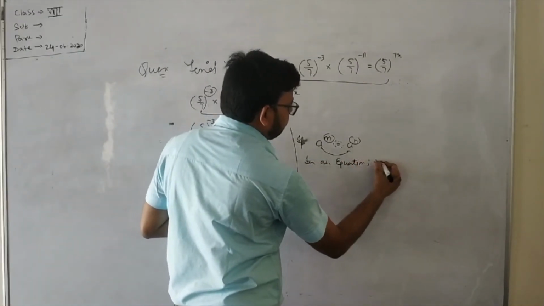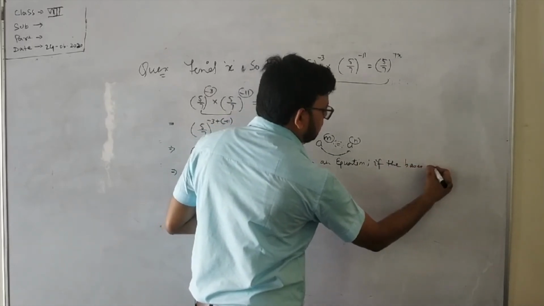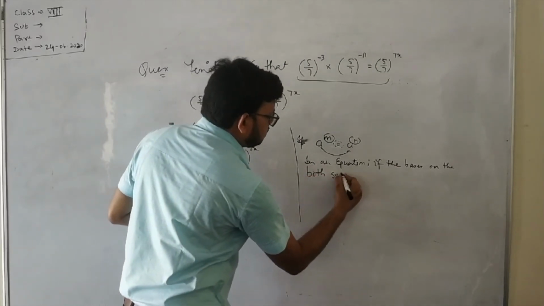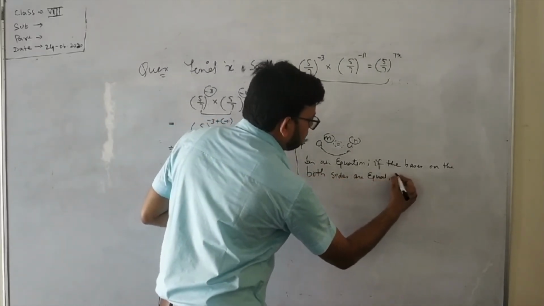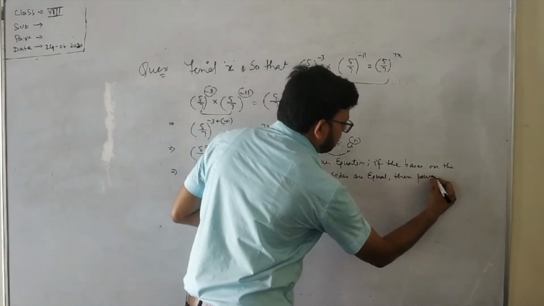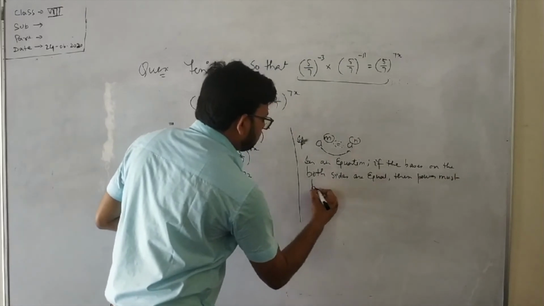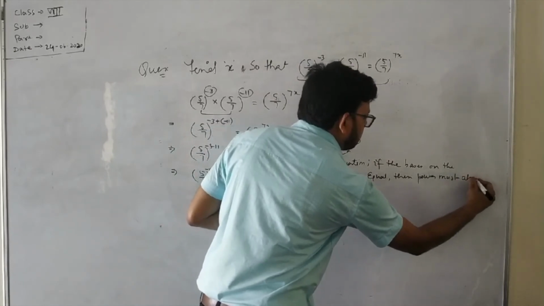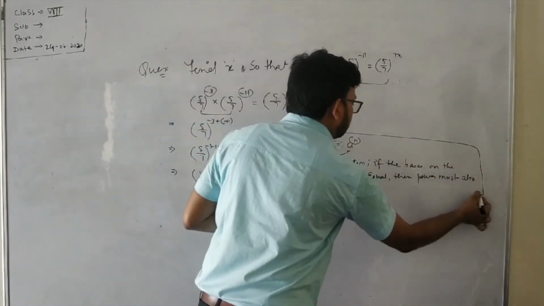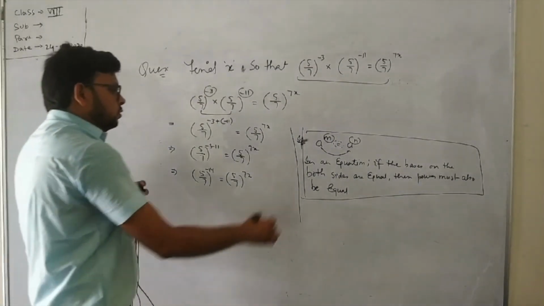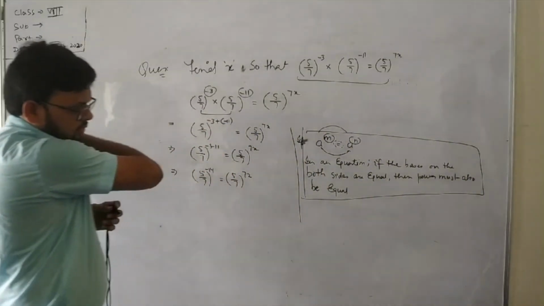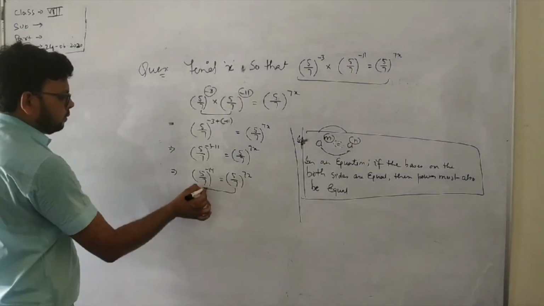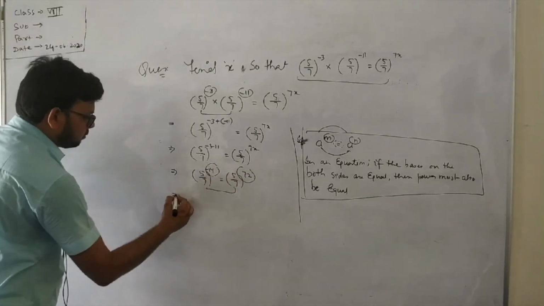In an equation if the bases on both sides are equal, then power must also be equal। इसको याद रखना है हमेशा, तभी क्वेश्चन बनेगा। ठीक है, तो अगर किसी इक्वेशन में अगर बेस सेम है, तो पावर क्या होगा, सेम होगा। तो देखो, इस इक्वेशन का हमारा बेस सेम है, तो हम लोग लिख सकते हैं पावर इज सेम,